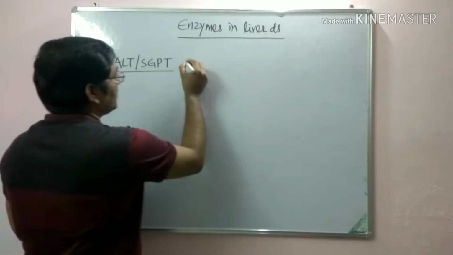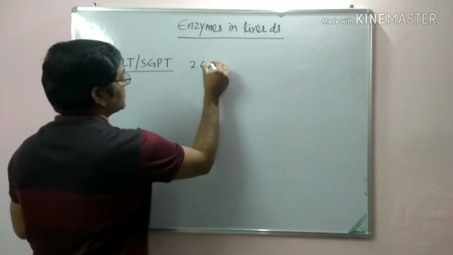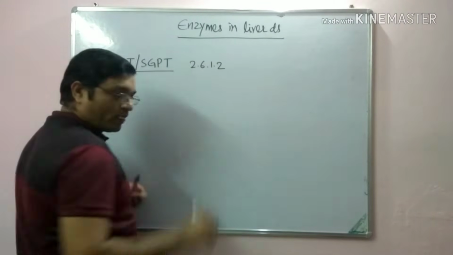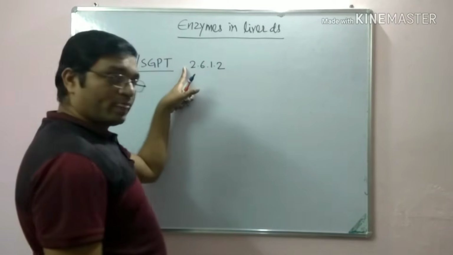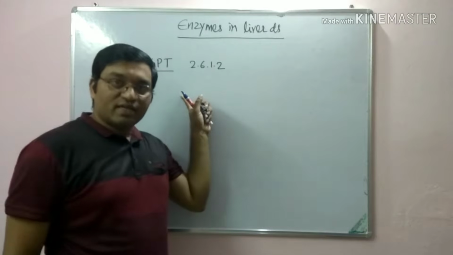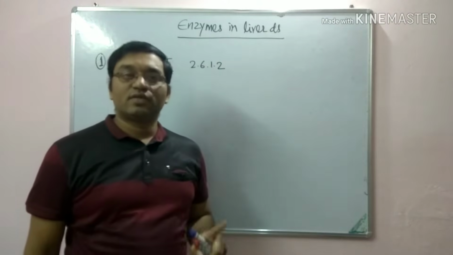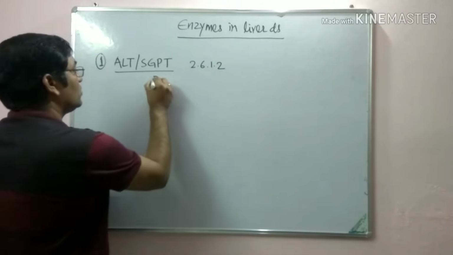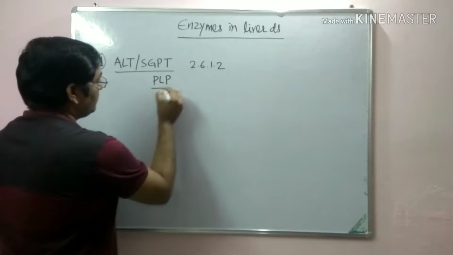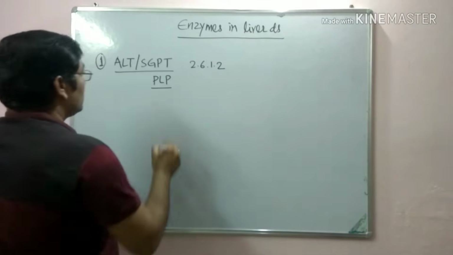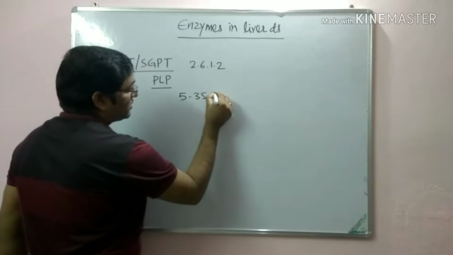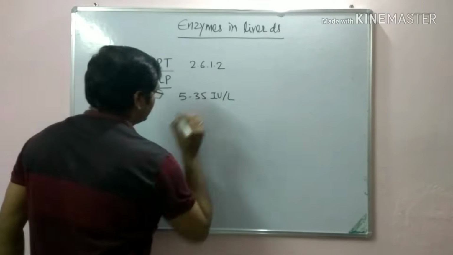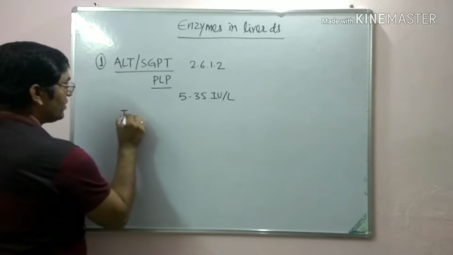The enzyme commission number is 2.6.1.2. It belongs to the transferase class of enzyme. These transaminases require pyridoxal phosphate, PLP, as a coenzyme. The normal level of ALT is 5 to 35 international unit per liter, and in infective hepatitis